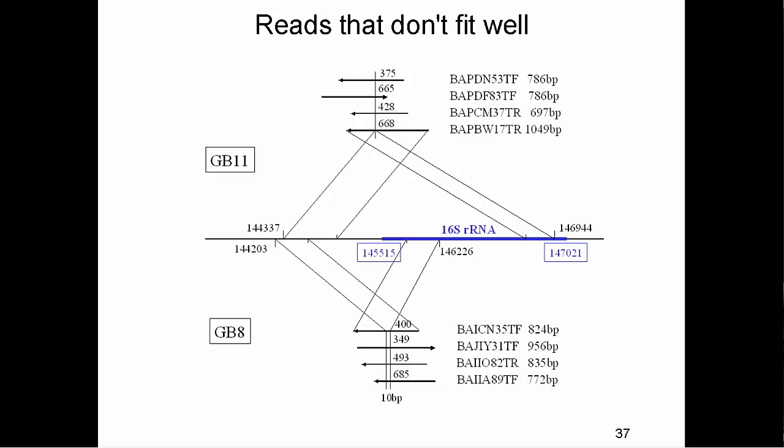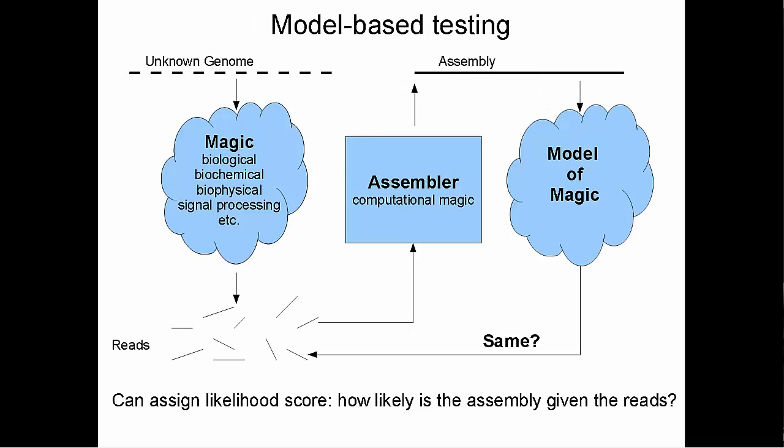The example shown on the screen is from an actual assembly of the Bacillus anthracis genome, and this misassembly led to the development of the diagnostic markers used to identify the origin of the strain used in the bioterror attacks of 2001. Assembly quality can also be evaluated in a more global way by estimating the consistency of the assembly